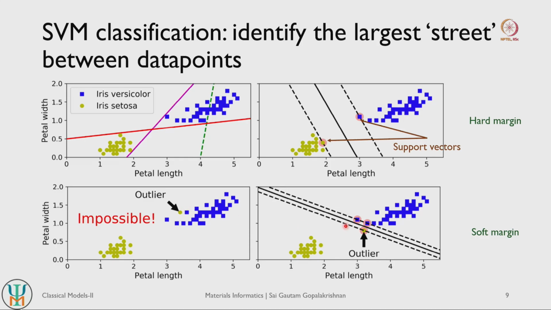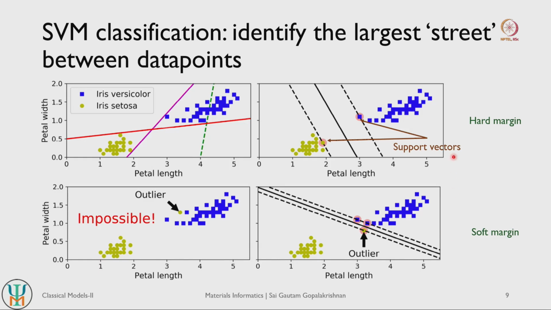So in such a case we can sort of reduce the constraints of our model to consider some outliers. So we basically try to draw a street as wide as possible, but with the consideration of a few outliers. So with the fact that there can be a few outliers present in both our versicolor as well as Setosa data points, if we were to do this classification task, then it is referred to as a soft margin classification, right. So hard margin we do not allow any outliers to be present, in soft margin we do allow some outliers to be present, right.